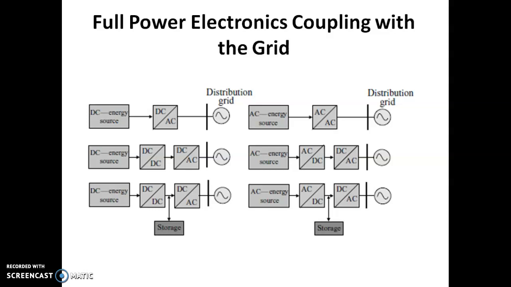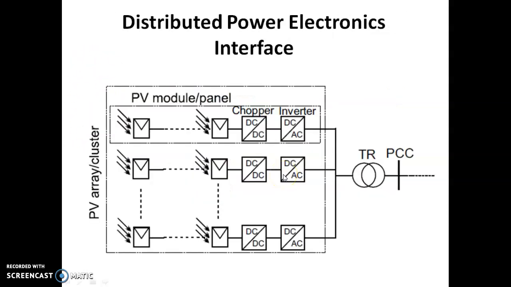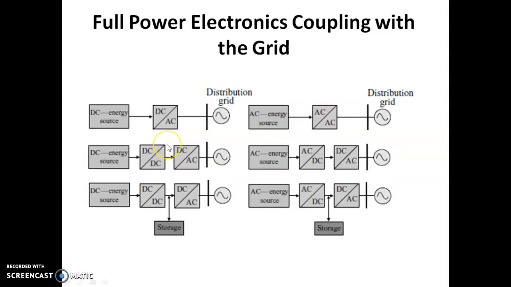The energy storage can be connected to the DC link. We will be using DC links here, so there we can store the energy. The back-to-back configuration is used to interface a variable speed wind turbine with the grid. The aerodynamic power of the turbine is set through the pitch.